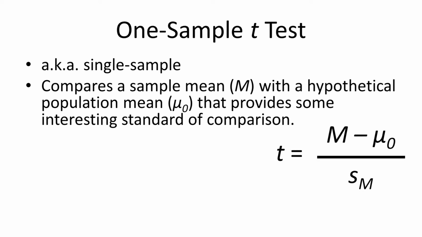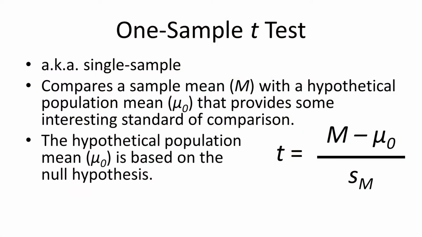You can see if you look at it, it's basically the same, except instead of m1 minus m2, now we just have a single m, and then we have that funny looking u thing with a 0 on it. That u thing is called a mu, and the 0 refers to the null hypothesis. So what the mu sub 0 thing basically means is